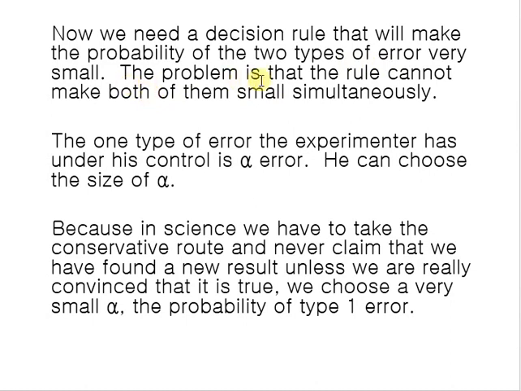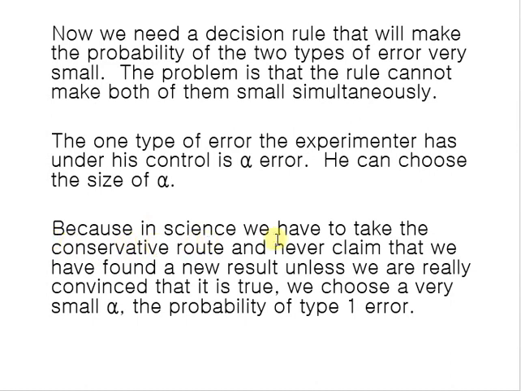The problem is that the rule cannot make both of them small simultaneously. The one type of error the experimenter has under his control is the alpha error. He can choose the size of alpha,